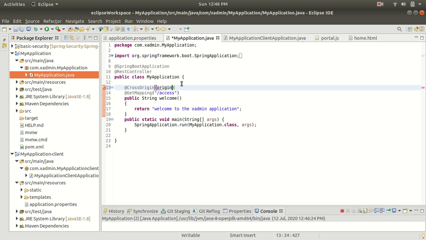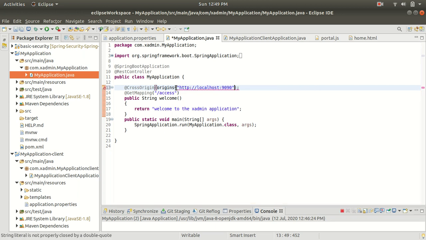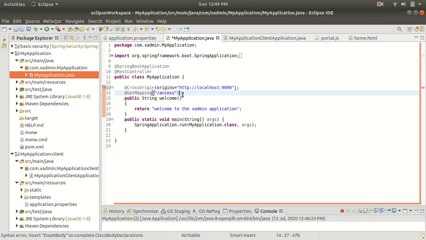Okay, origins equals to http, and here we have to do localhost because I am running on localhost. Alright, and here I have to give the port number of my client, so 9090 is my port number. Alright, so I have to put it in a string. Alright, so guys, here I have added